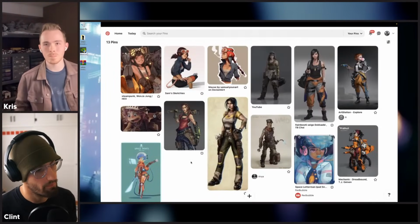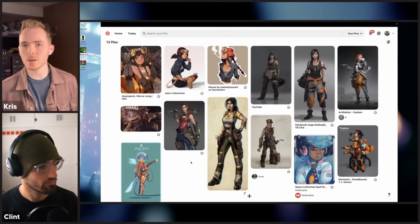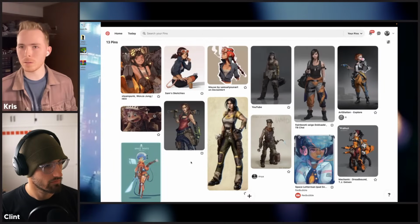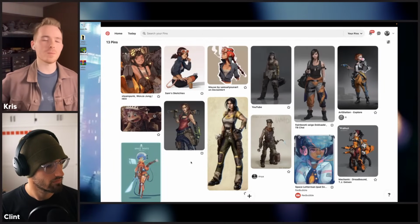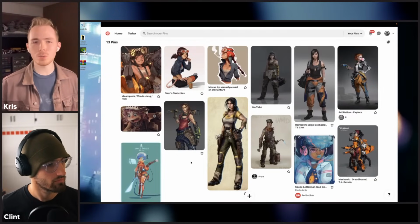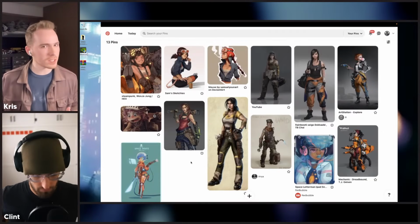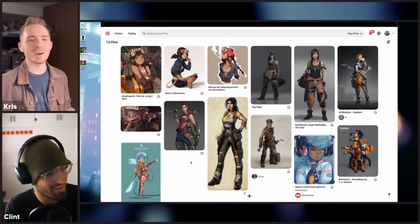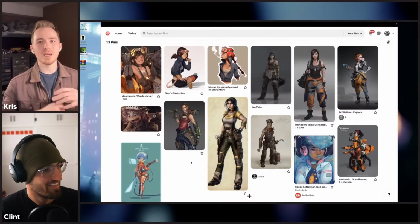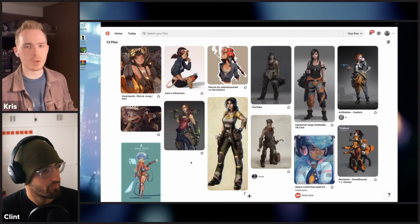Yeah, so here you can see my Pinterest board I set up for the main character, since that really was the focus of the whole thing. I really liked the idea of doing a mechanic character who's just having fun doing her job, which apparently is just feeding these space Nombler-looking aliens. And that basically informed how I made the entire environment, where instead of your typical sci-fi turret spaceship set,